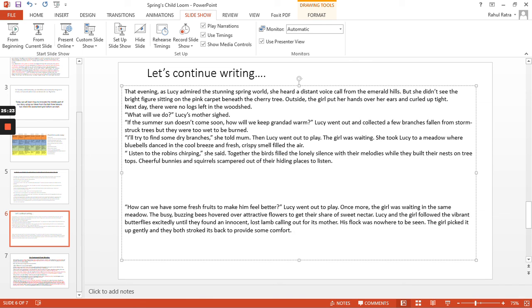Now I want them to reach the waterfall. How are they going to go there? I have an idea now. Okay, so with a short cry, the lamb hopped off and led them. Yes, took them. Instead of took them, I thought led would be better, and led them to the waterfall. But this time I want to describe this waterfall and led them to a